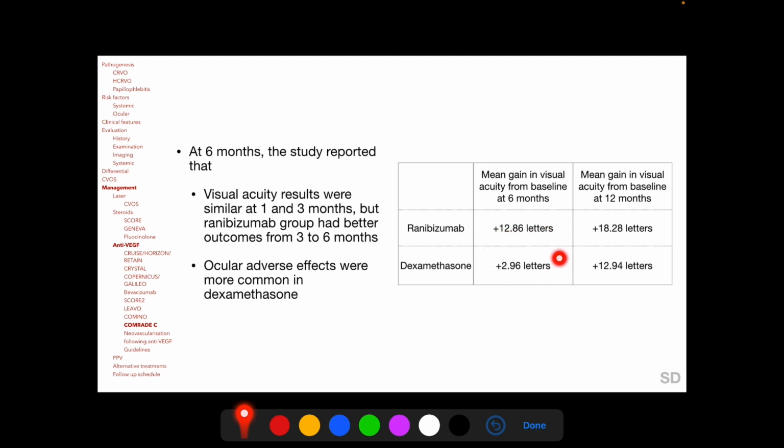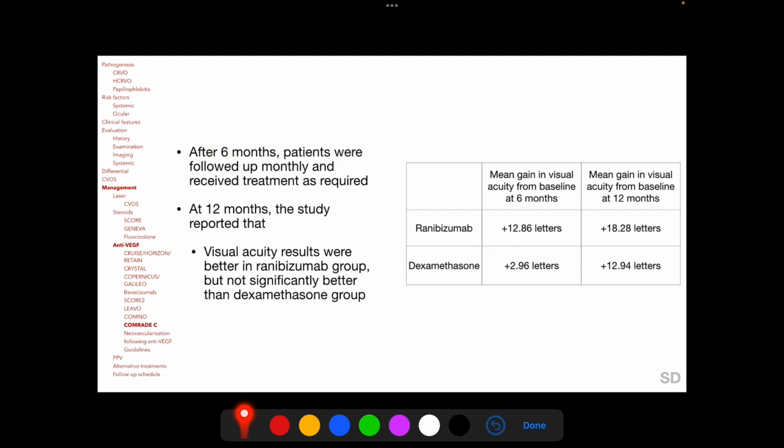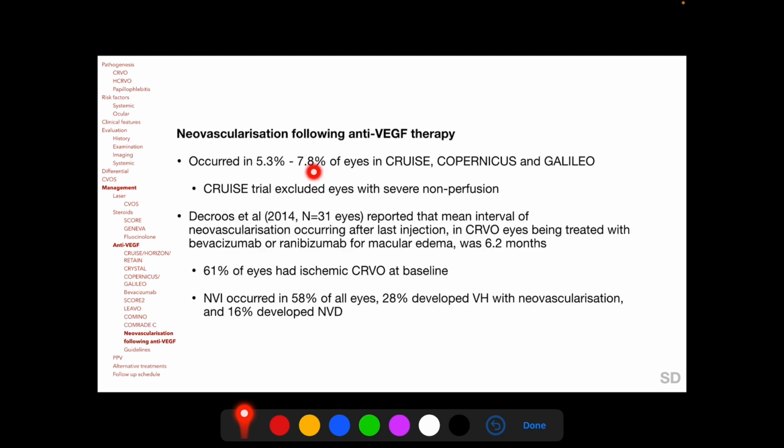After the end of 6 months, patients in the COMRADE C trial were followed up monthly and received their respective treatment as required, and at the end of 12 months, the study reported that visual acuity results were better in the ranibizumab group as compared to the dexamethasone group, but the difference in the visual acuity gains were not significant. 5.3 to 7.8% of eyes receiving anti-VEGF therapy for macular edema due to CRVO developed neovascularization